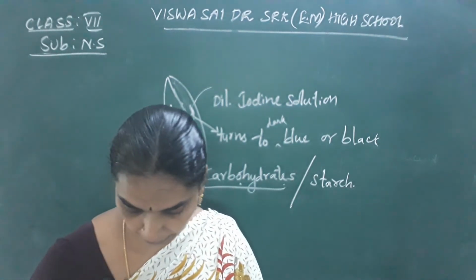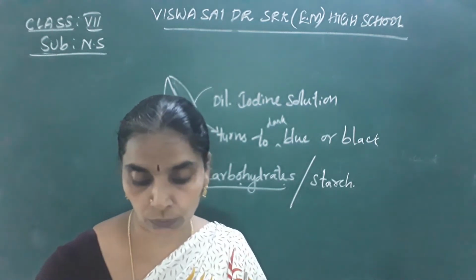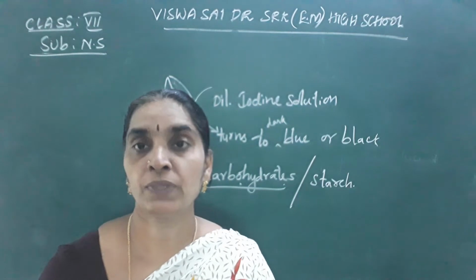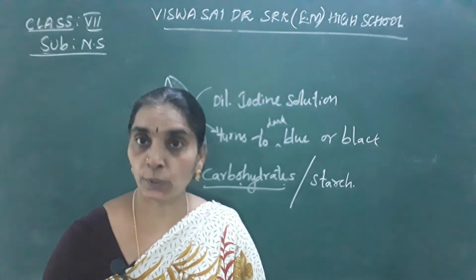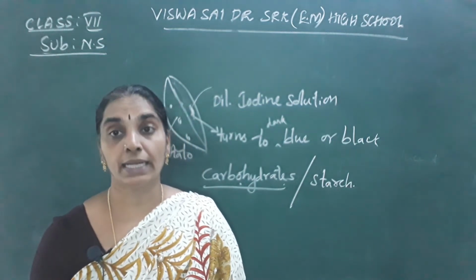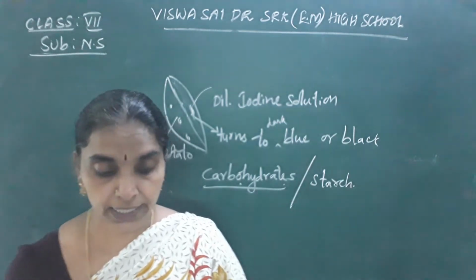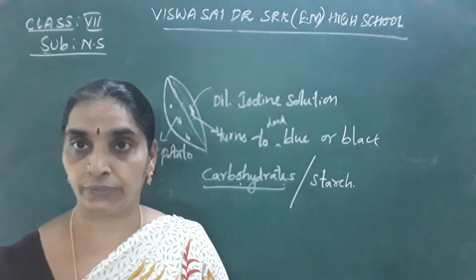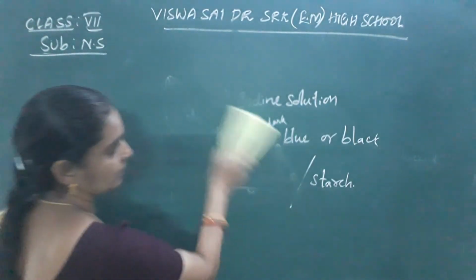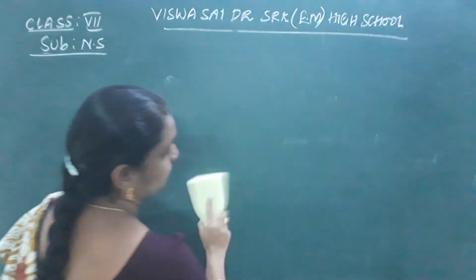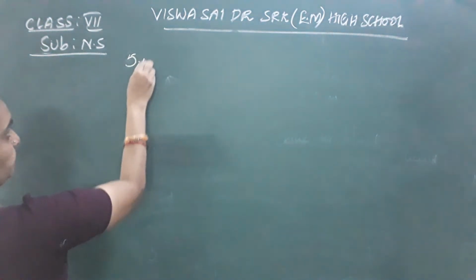Next question over here is, explain what will happen if you don't include roughage in our food. Roughages, what are roughages children? They are a kind of carbohydrates. They are fibers, also called fibers. If roughages are not included in our food, it leads to constipation. What happens children? Next question, question number 5. Fifth answer.